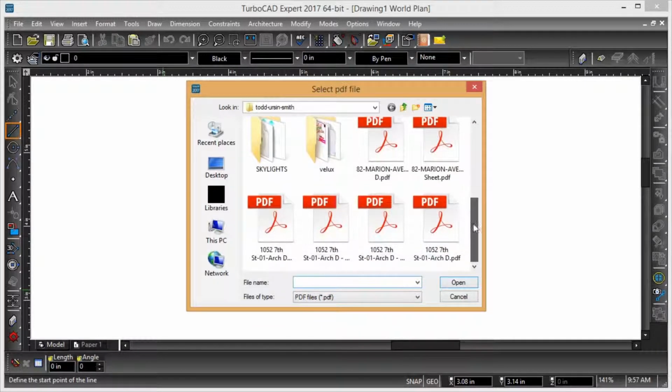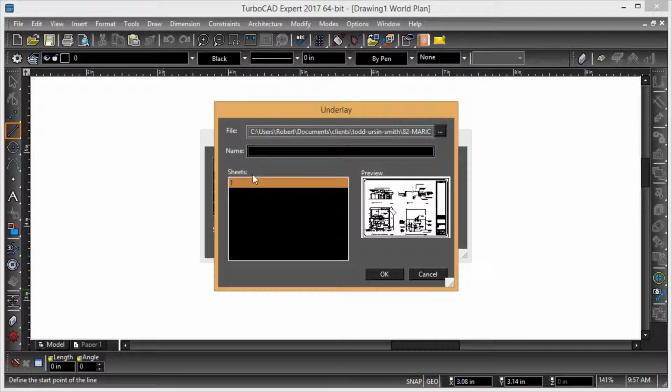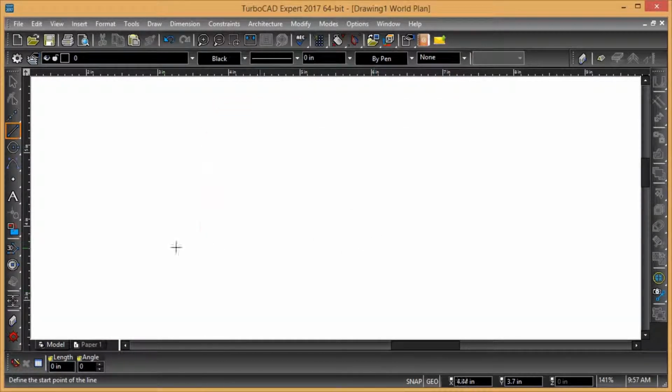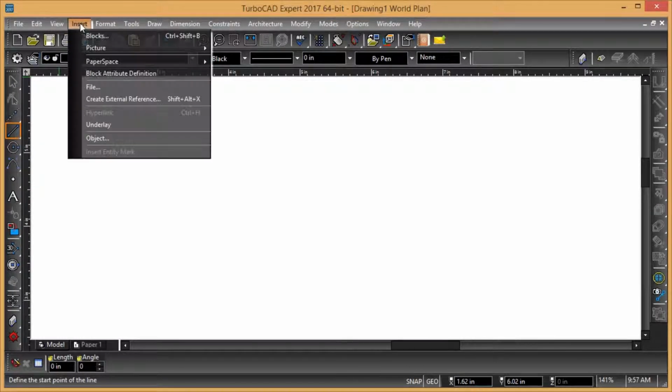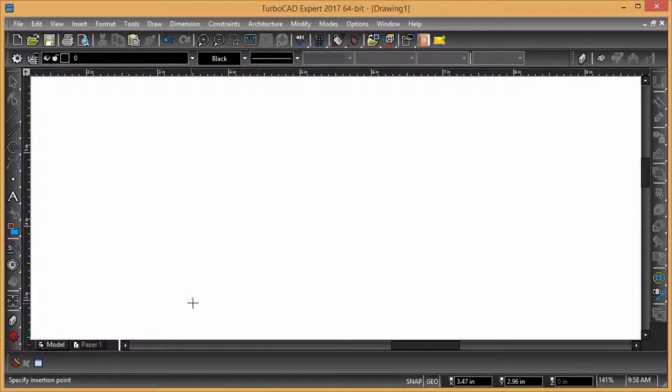We're going to pick one of these PDFs. It doesn't matter which one. And there you can see we give it a name, my PDF. And then I'm going to say OK, and then OK. And then I go to insert underlay, choose my PDF, and then I can click in the